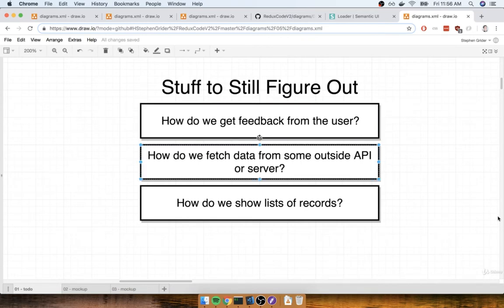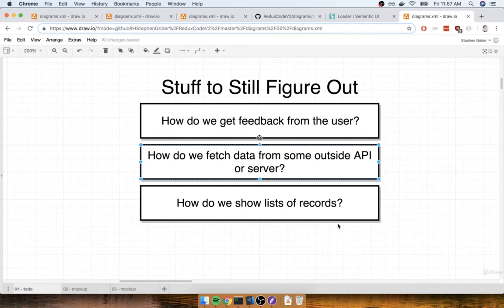Next up, throughout all the applications we've put together so far, we've been making use of either static data or randomly generated data. But in a real React application, we very, very frequently need to attempt to fetch some data from some outside API or from some server and pull data out of some database. So we're going to have a big focus on learning how we can correctly fetch data inside of a React